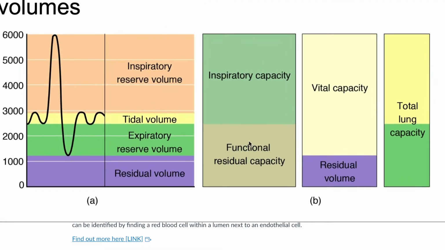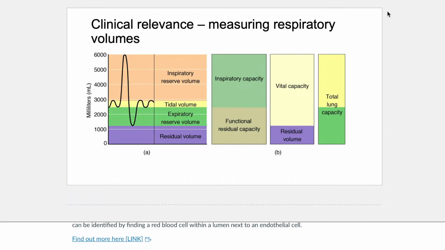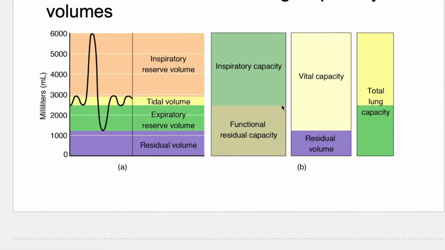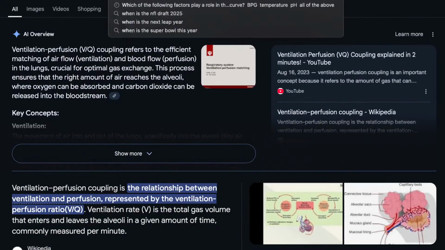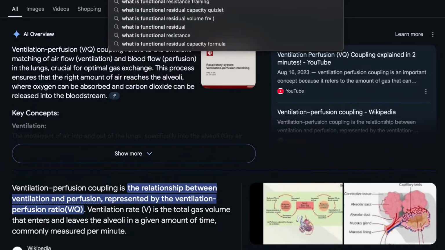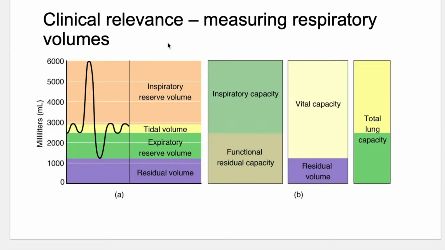Here, we'll look up functional residual capacity right now. Oh, wow, there you go. Functional residual capacity is the volume of air remaining in the lungs after a normal passive exhalation. Oh, okay. So it's not actually